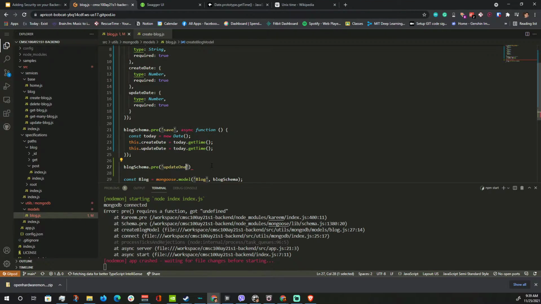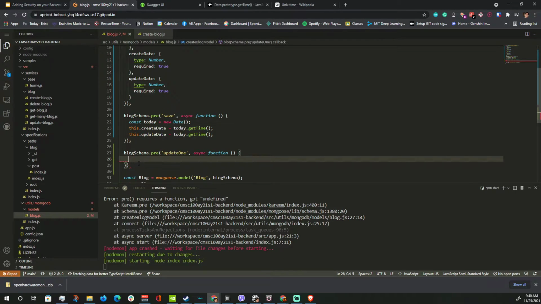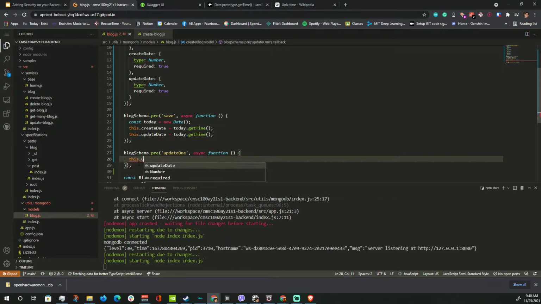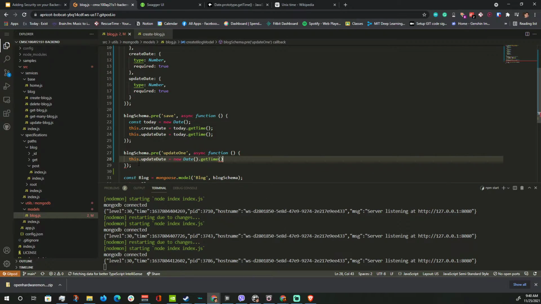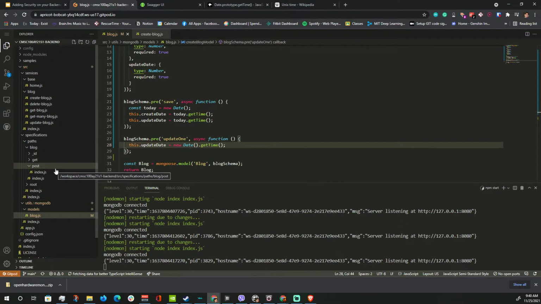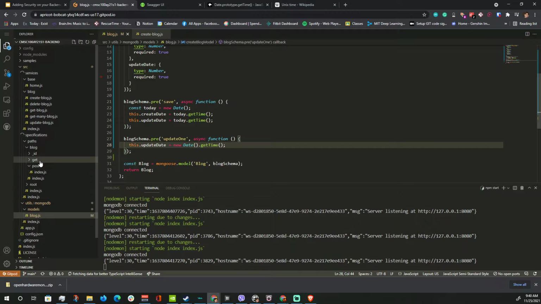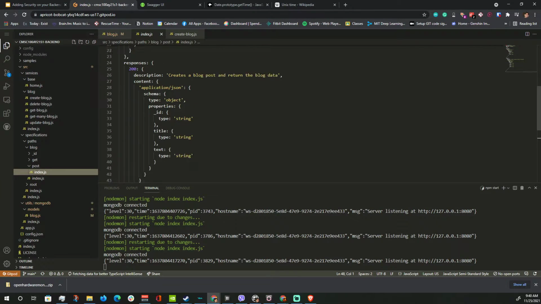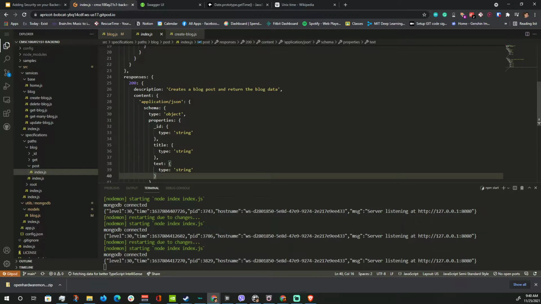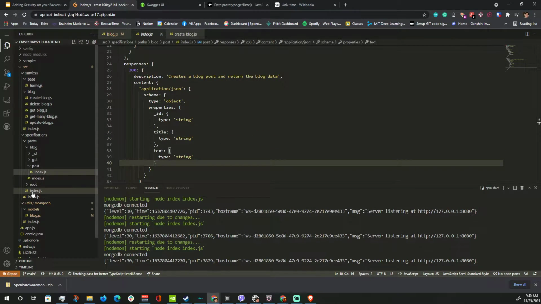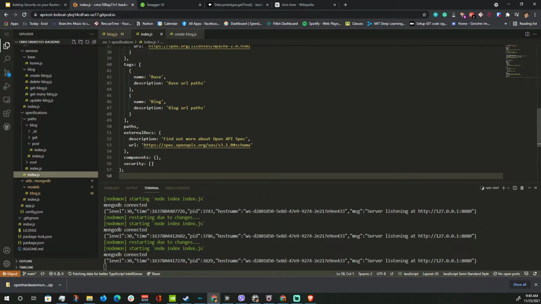Update one. So when we update a particular blog data, what we want to do is this.updateDate equals new Date().getTime(). So there you have it. Once that is done, we want to show it on our object. Before doing that, what I want to do is on this part, the components,